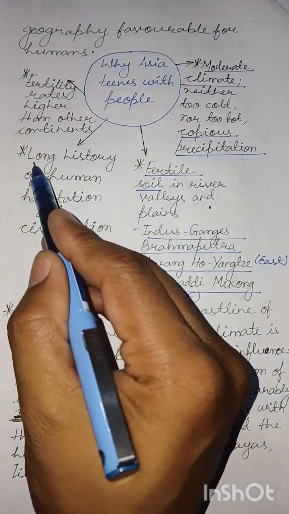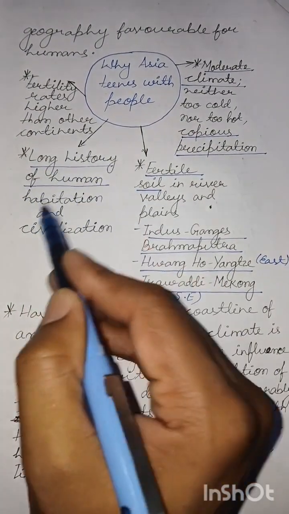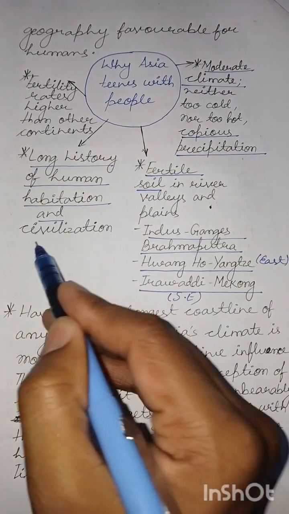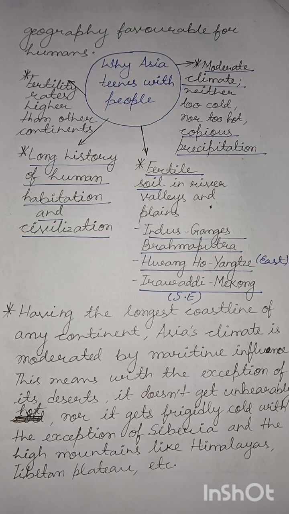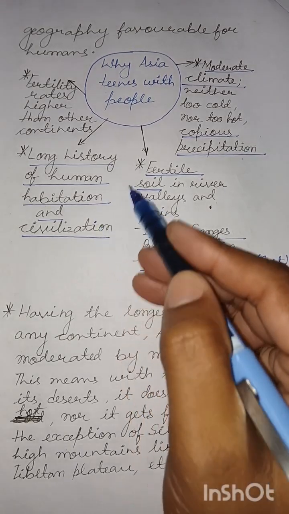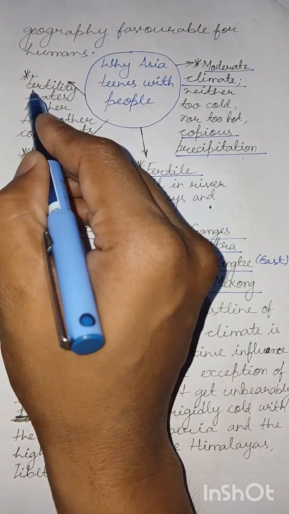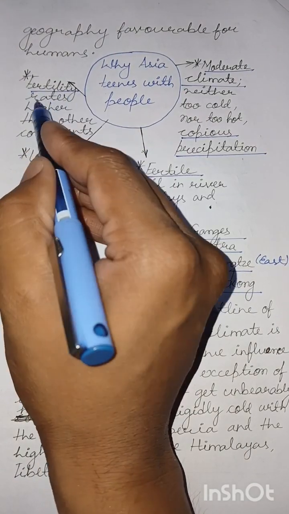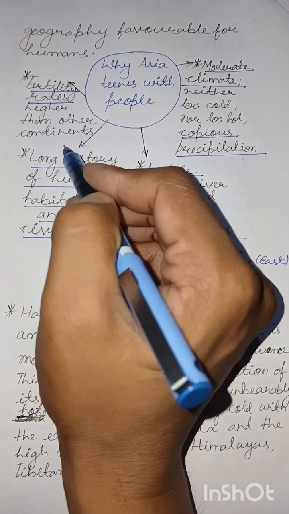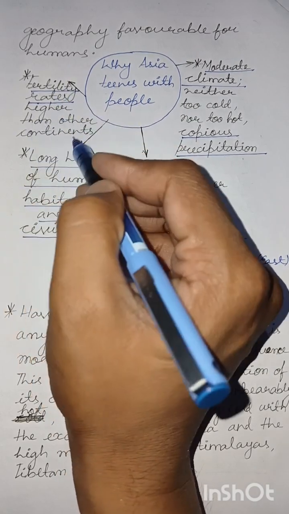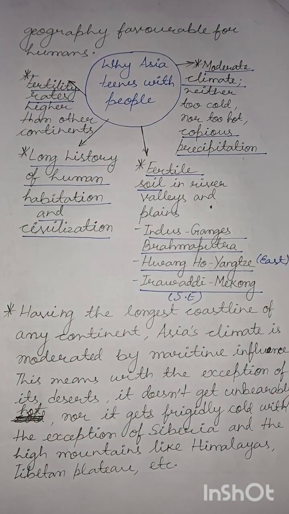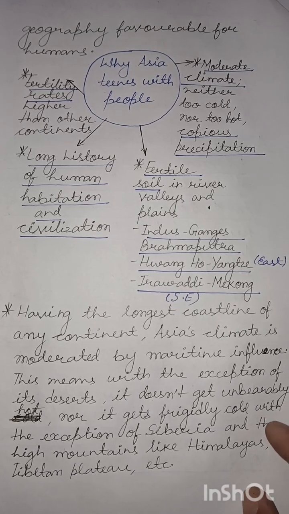Asia has a long history of human habitation and civilization. You are almost certainly aware that the major Bronze Age civilizations, including Mesopotamia, Harappa, and the Chinese Hwang Ho civilization, actually developed in present-day Asia. It also has high fertility rates. This is another important reason, which means it actually has high fertility rates, higher than most other continents except for Africa. Elaborating on these points,